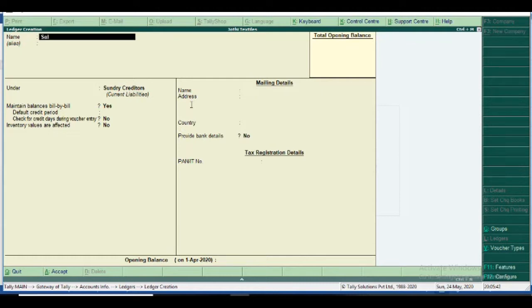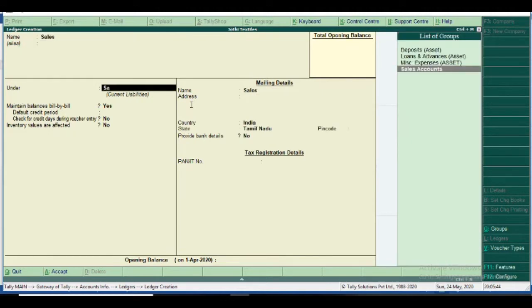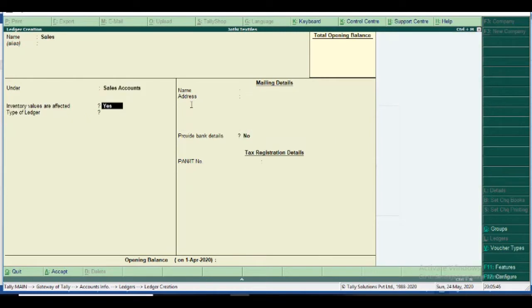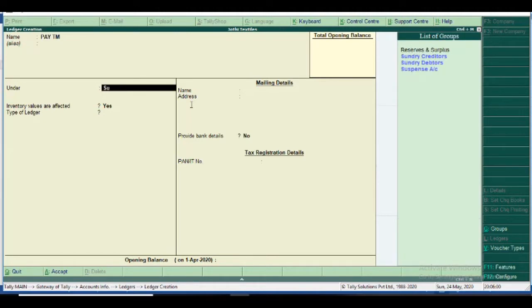And sales account, sales under group sales account, inventory values are affected. Yes, and then Paytm, sundry debtor.